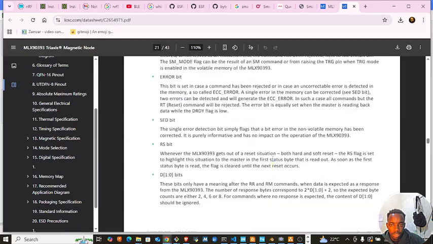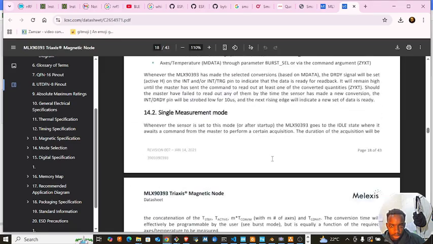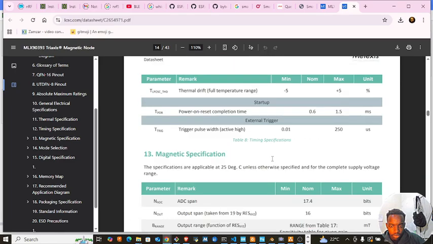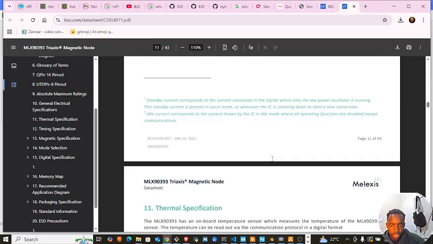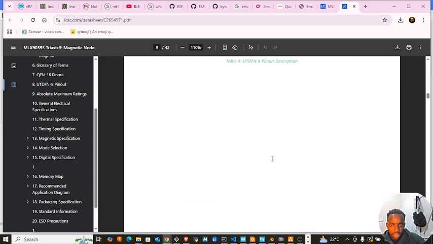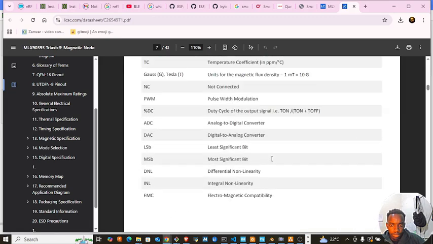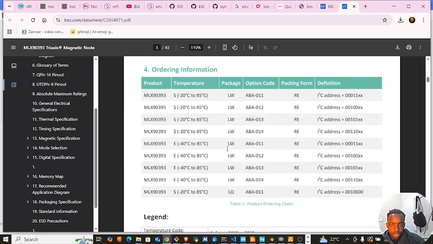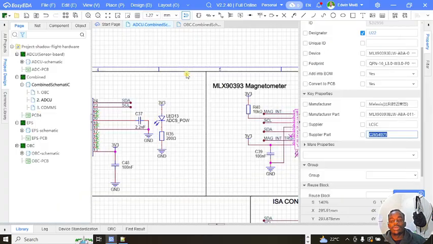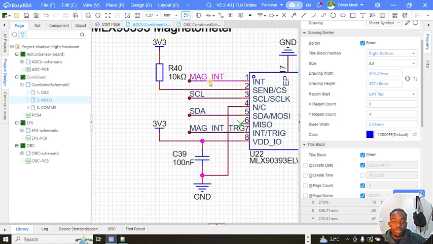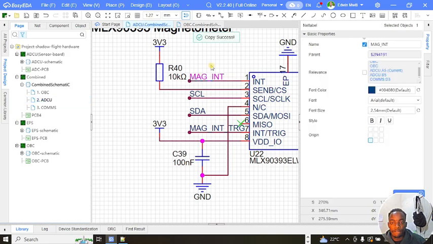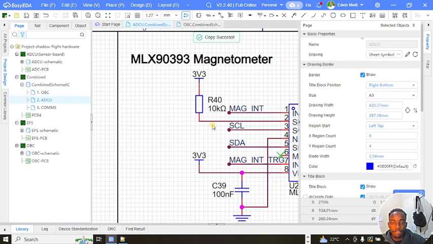Let's check. I'm just scrolling through to see whether I can get it. Right. Okay, glossary of terms. Okay, this is not helping. Okay, cool. So for now, I'll use a mag int only. Right, so just connect these two. From that point,